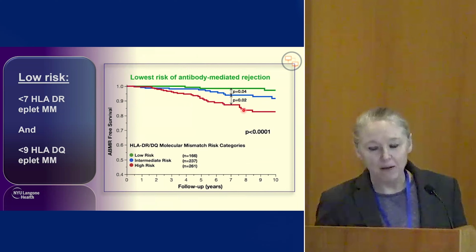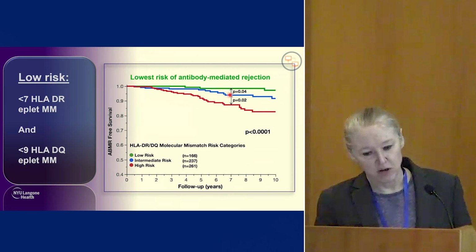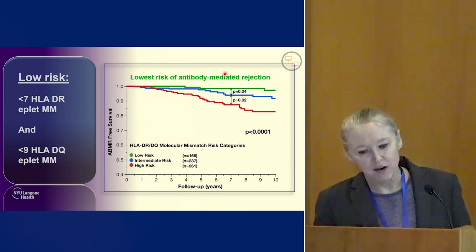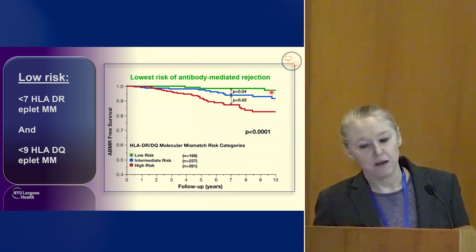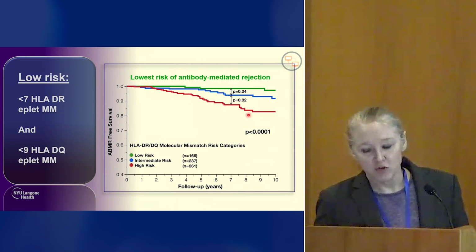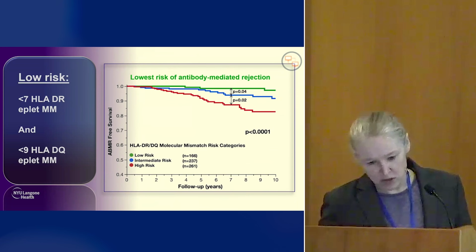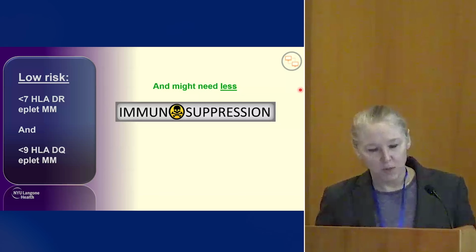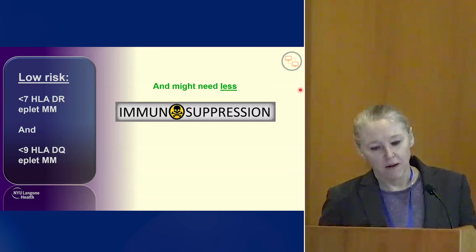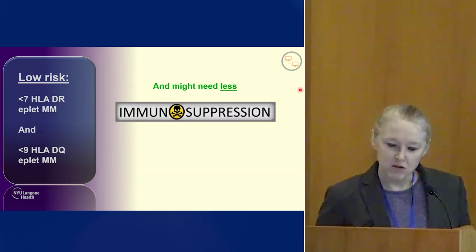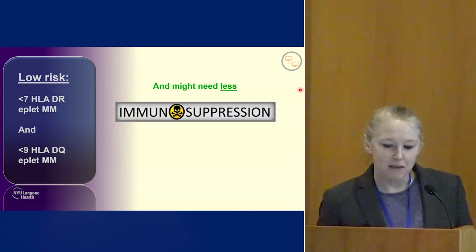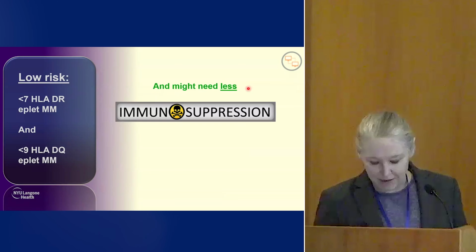And if you look at antibody mediated rejection, the picture is really the same, with this sort of stepwise decrease in outcome, or stepwise increase in antibody-mediated rejection-free survival as you decrease the number of mismatches. So the lowest mismatch patients do the best. And most importantly, I'm going to gloss over the data here. What this sort of all translates to, and it intuitively makes sense, is that these patients also probably need less